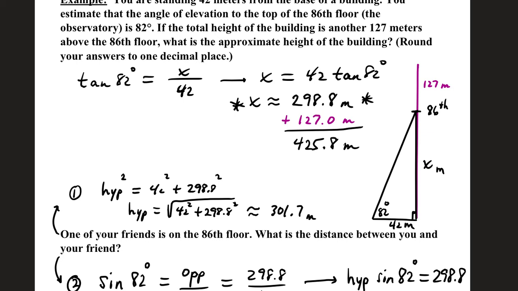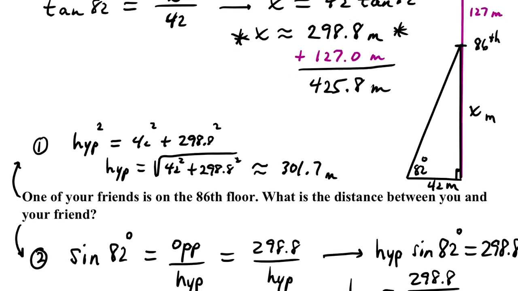You are standing 42 meters from the base of a building. You estimate that the angle of elevation to the top of the 86th floor, which is the observatory, is 82 degrees. If the total height of the building is another 127 meters above the 86th floor, what is the approximate height of the building? We're going to round our answers to 1 decimal place because that coincides with what WebAssign likes. Okay, so to our diagram,